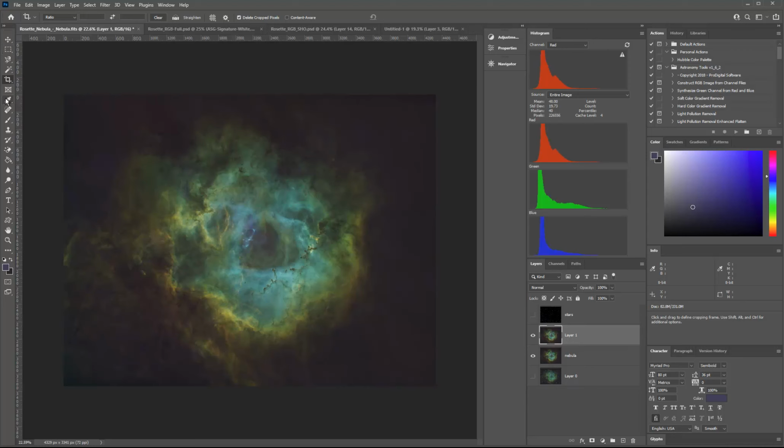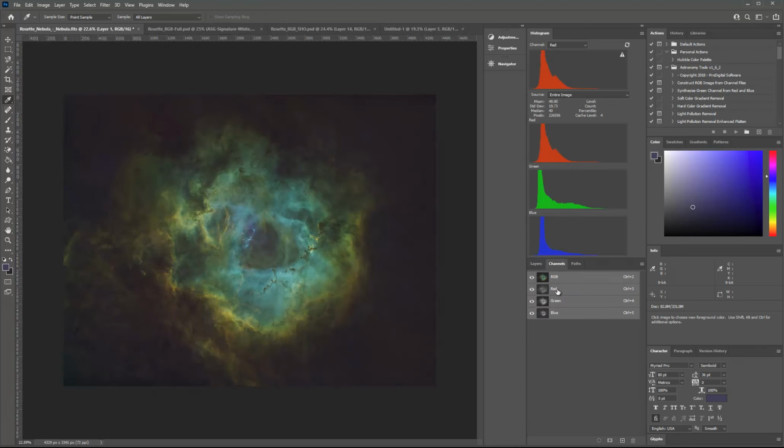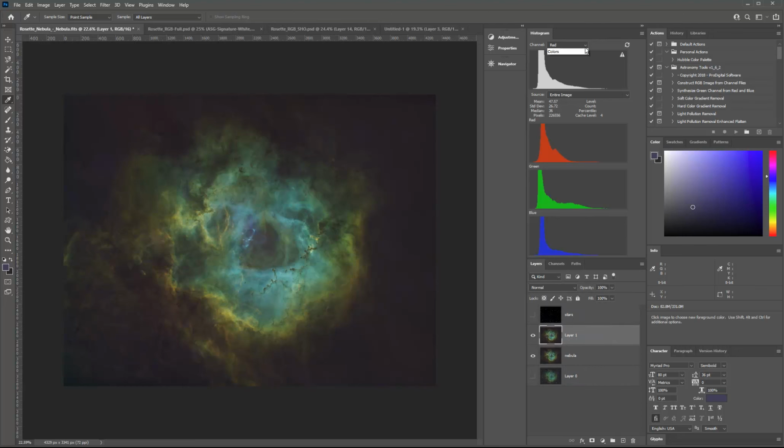Next thing I'm going to do is look at background color. So we want this to be sort of balanced, and when we say balanced, what we mean is, I'm going to jump over here, we want all of our channels to appear, let me show my colors up here in the channel panel. We want them to be all fairly similar in color, and we want our background to be fairly balanced, and what we mean there is we want a little bit of red, a little bit of blue, a little bit of green. It's black, so they should kind of line up number wise,